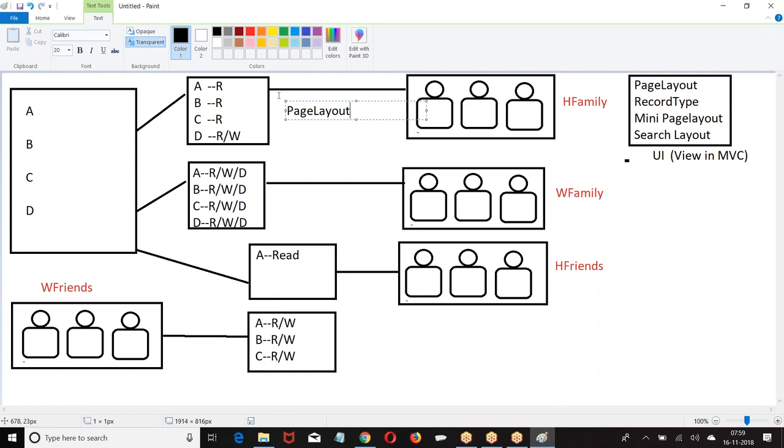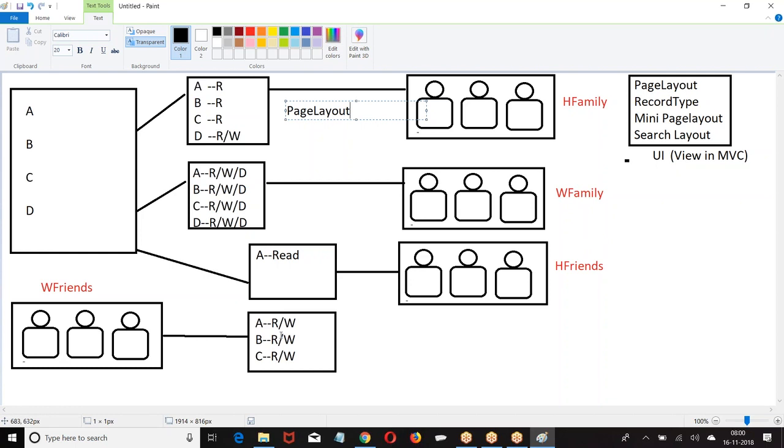So, how many page layouts can we create? Multiple page layouts we can create. So, at the end of the game, how should the UI be displayed to you for this object? When I want to open this object, how is it displayed to you? Which fields are displayed to you? Which buttons are displayed to you? In which order are they displayed? Which format, required or not required? That is controlled at the page layout. So what is the page layout? It says how an object should be displayed to a user.